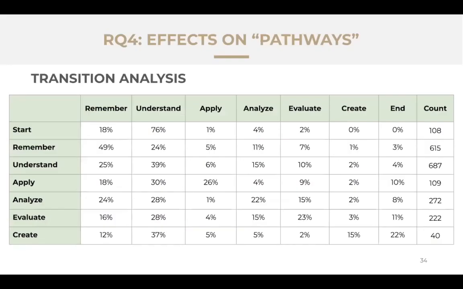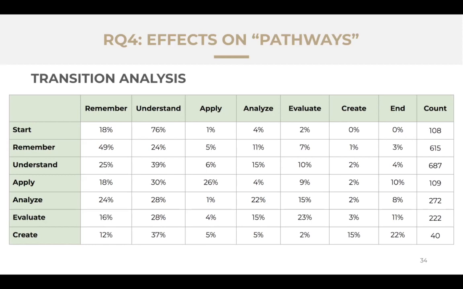And I'm going to present results in tables that look like this, which is a little bit confusing, so let me unpack it. You can think of these as Markov matrices, all right? These are basically just the transition probabilities between cognitive processes. And we're introducing a start state and an end state, right? There's the start of the session, the end of the session, and everything else is a transition probability from one